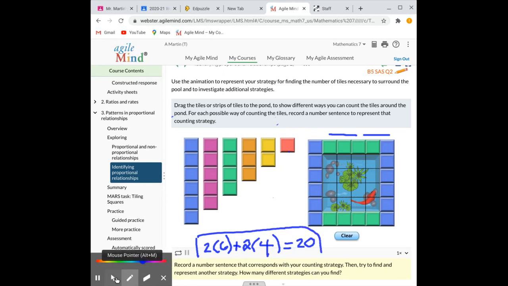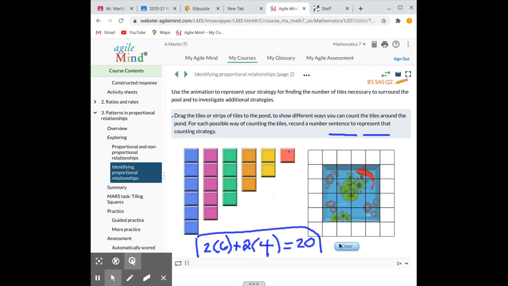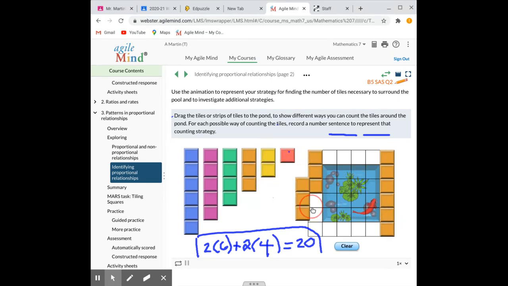Okay. All right. Let's clear it and see if we can come up with another way. What's another way we could do it? Use 2 3 blocks for the sides. The orange. So that'd be 4 times 3. Yes. And then use 2 yellow blocks for the